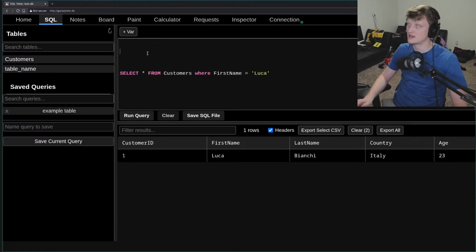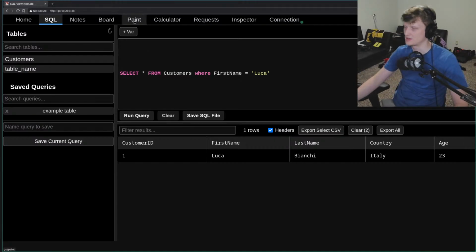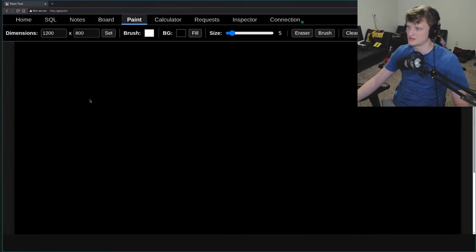Let's think through a little bit of how we might want to string stuff together. So databases, I'm going to go to my Paint app over here. Databases are built such that basically you might have,